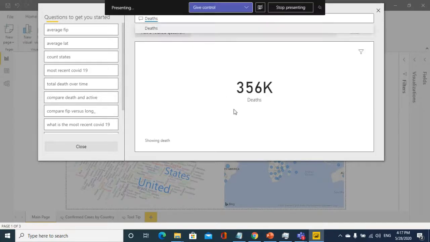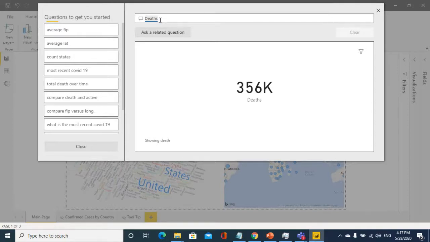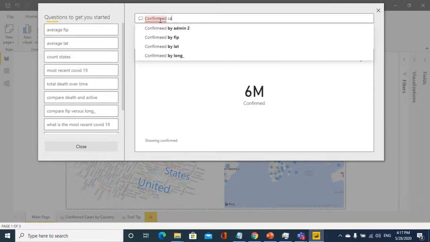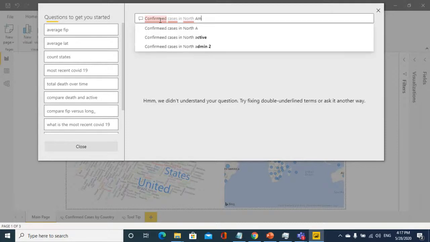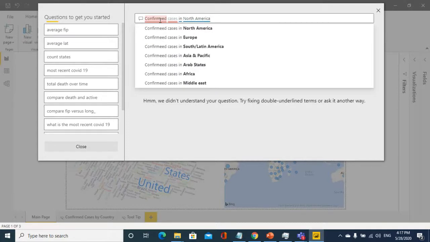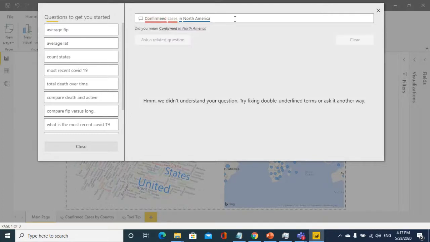So it is showing 356k deaths are there due to coronavirus, and we want to show confirmed cases in North America. So confirmed case in North America.